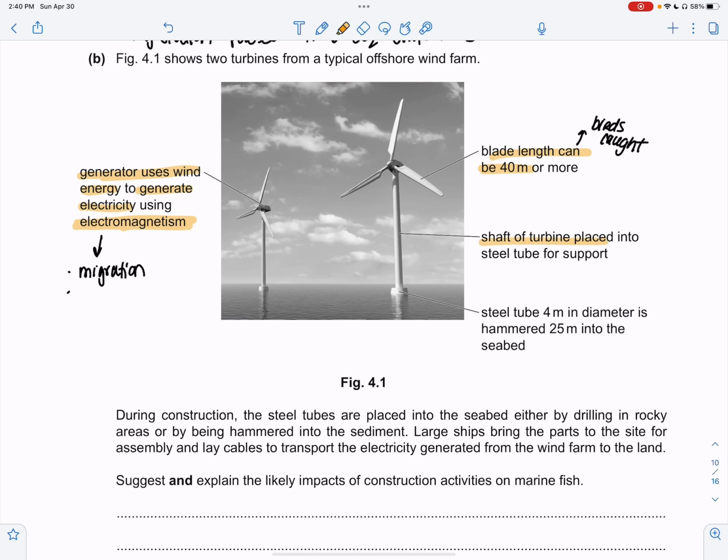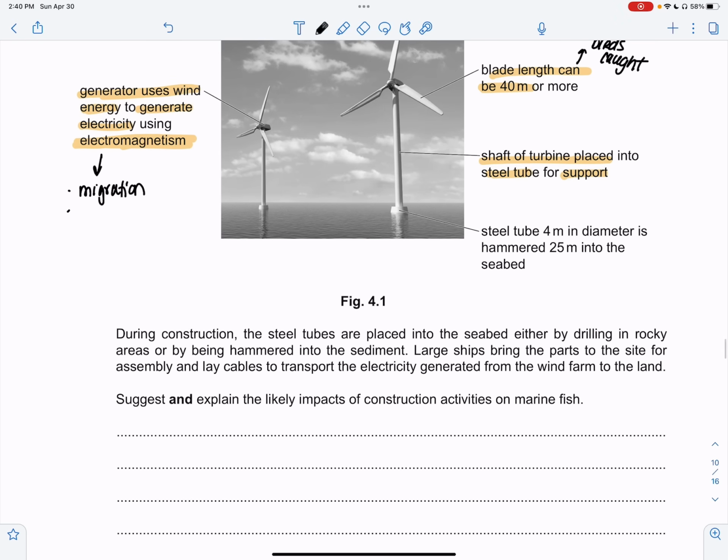The shaft turbine is placed into a steel tube for support. These actually act as FADs, fish aggregating devices. The steel tube is 4 meters in diameter, which is really wide, and it's hammered 25 meters into the seabed. And so this just gives me some things to write about for dislodges